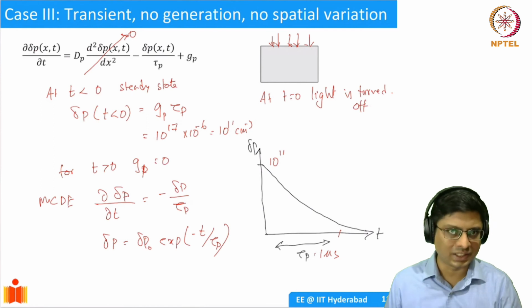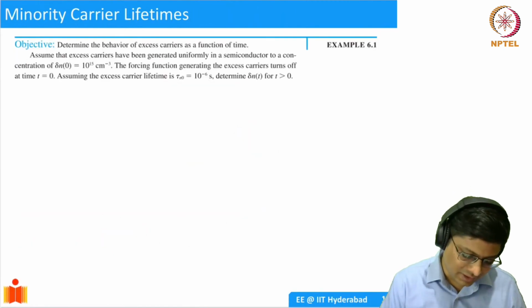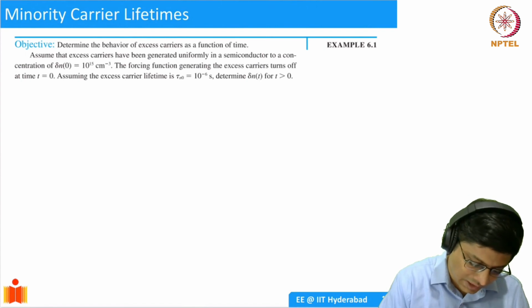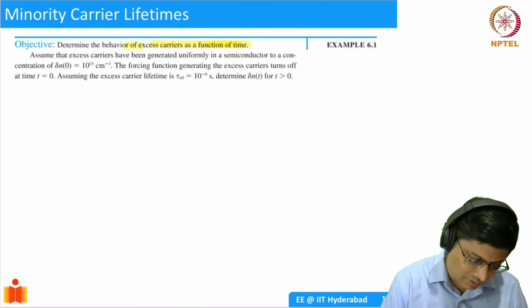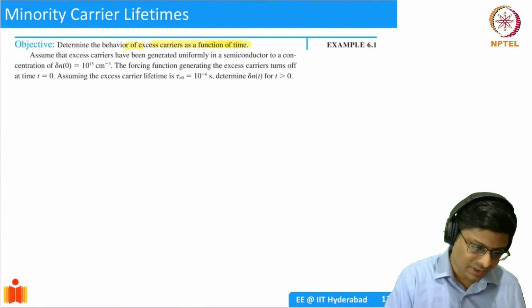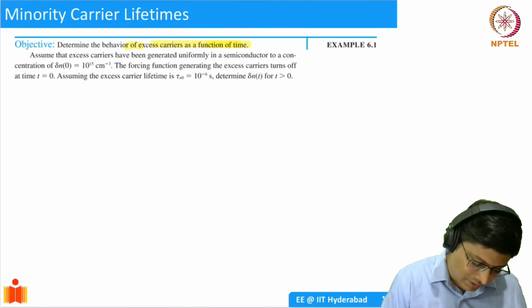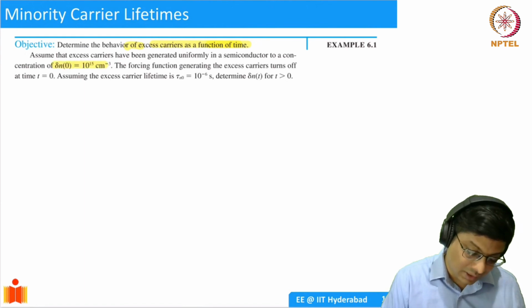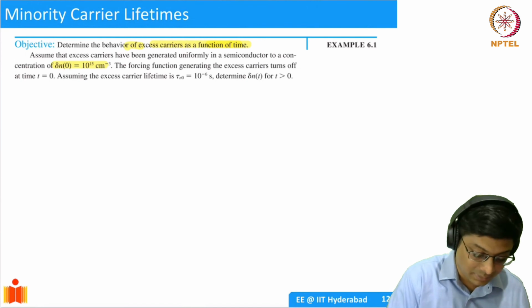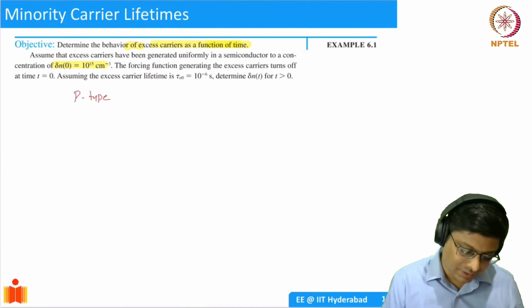So I just quickly went over this. You can take some examples. Well, this is basically excess carriers as a function of time. Okay, the same problem we just did, I want you to work out. Okay, so we saw that the equation is going to be the same, with one small difference here. Delta n is given to you. That means we are talking about a p-type semiconductor. Remember, this is a p-type semiconductor, because we are only talking about minority carriers.